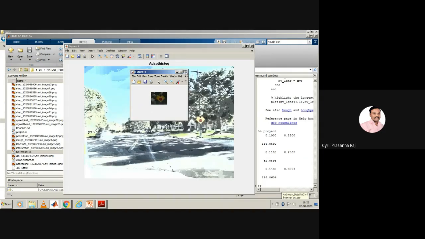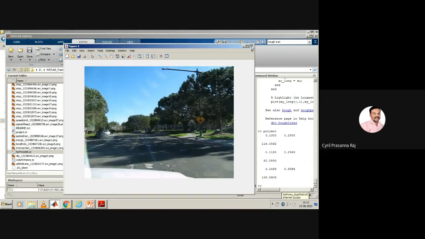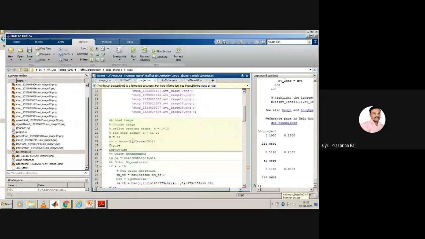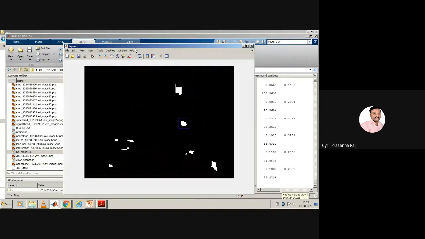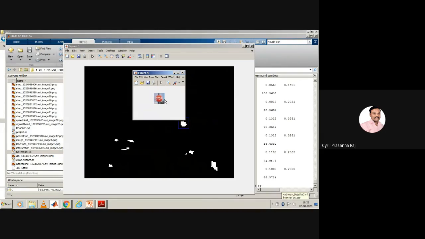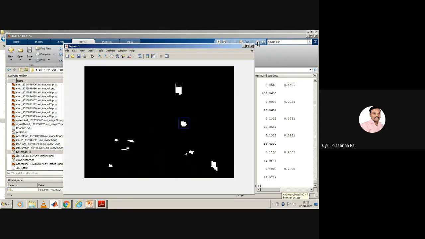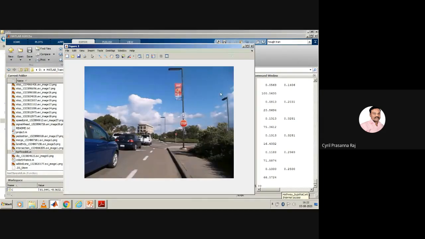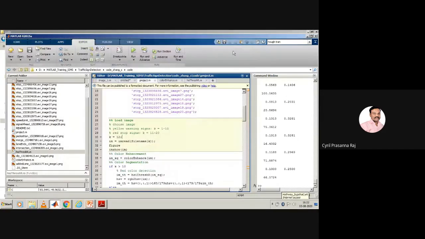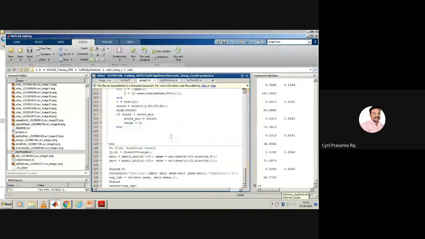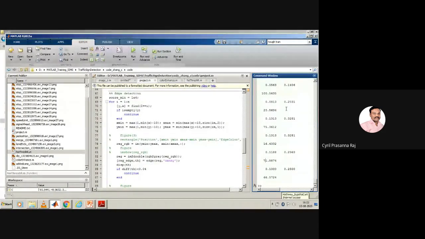Okay. Similarly, if I change k equal to 1 to k equal to 12, and then run the code again, now it will only capture the stop signal. So it is able to capture only the stop sign. Now this is the entire code which I will upload to you along with the images also. I want you to download and run the code first. See whether you are able to get back all the images that you have. Then modify the code and use DWT output here and see whether you can further improve the process of identifying traffic signs. Is it clear to all of you?